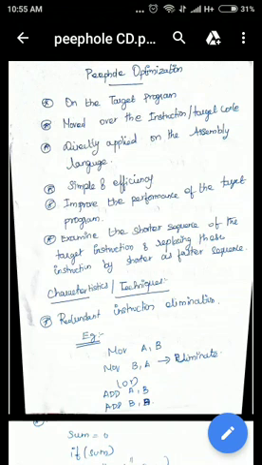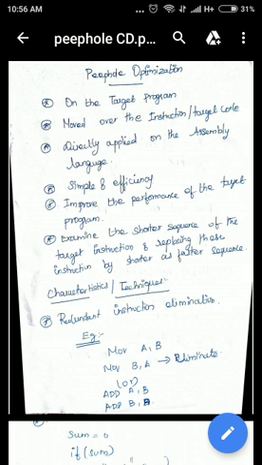A small window is moved over the instructions or the target code, and it is applied directly on the assembly language. Actually, it is a simple and efficient optimization technique which is used to improve the performance of the target program. It examines a shorter sequence of target machine instructions and replaces them with a shorter or faster sequence.